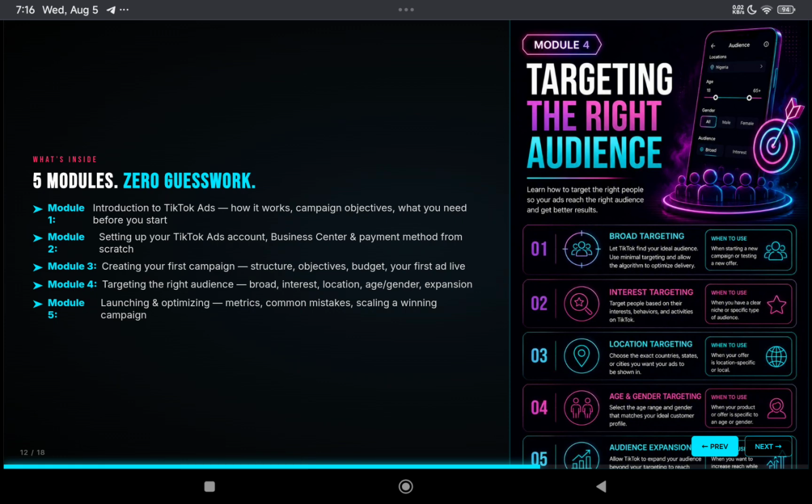Right now, the mentorship program is not an ebook. The mentorship program is video based, in the sense that the way I'm doing it on my phone, you are seeing it, because once I'm doing it on my phone, I'm recording it. I'm doing a screen record. So if I'm putting in my Gmail, if I'm creating my ads manager account, you are seeing it, and I'm explaining as I'm doing it. That is just how the TikTok Ads Mastery Program is.